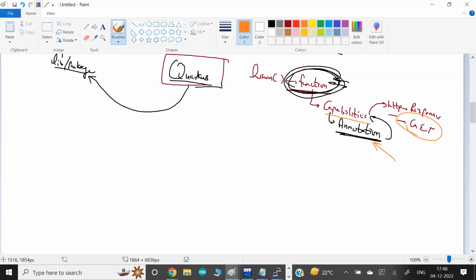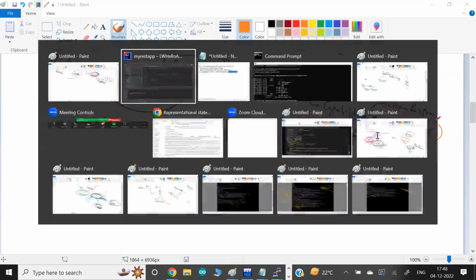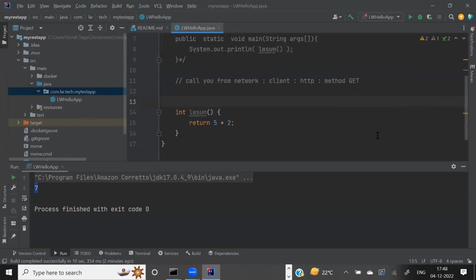And how do we write an annotation? Now here the role of Quarkus comes into play. Till here, this is the responsibility of the developers. Now from here, after the code has been created, the responsibility of the Quarkus side comes into play. Whichever function you want to expose, and expose normally means to the outside world, then here we write an annotation.